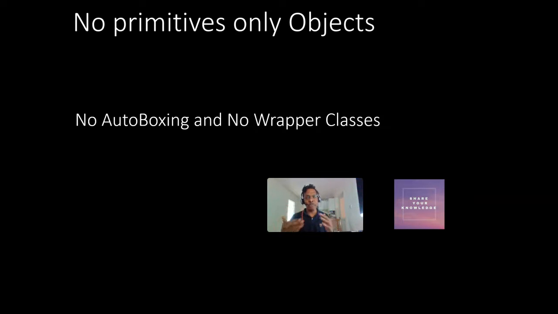But in Python, whatever is available is itself an object. So there is no need for all this autoboxing or converting to the corresponding wrapper class, because whatever is available in Python is already an object of the wrapper class. You have to understand: int means it is an int object, string means it is a string object, boolean means it is a Boolean object.